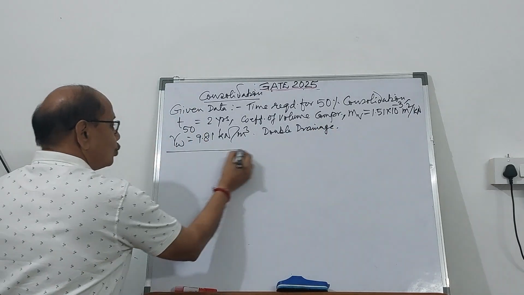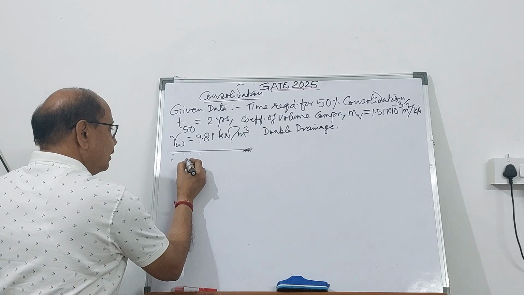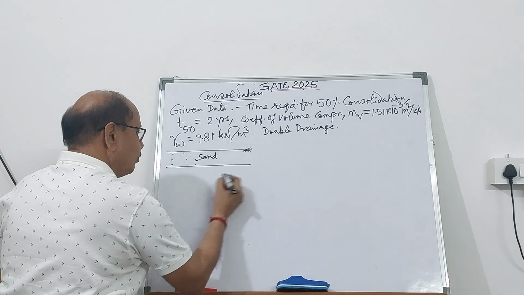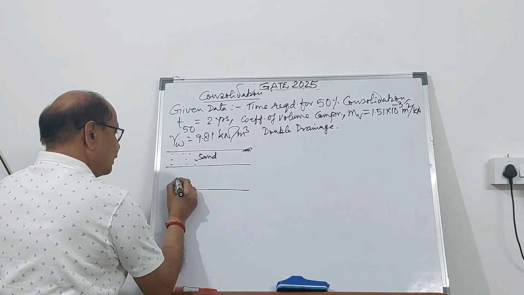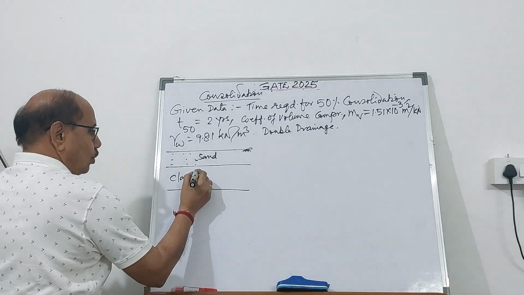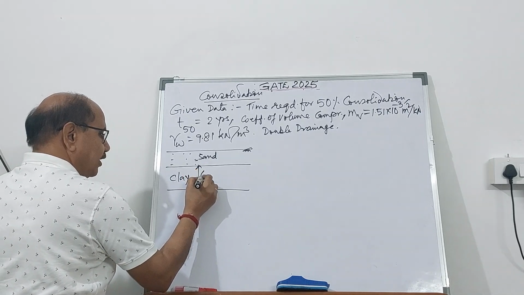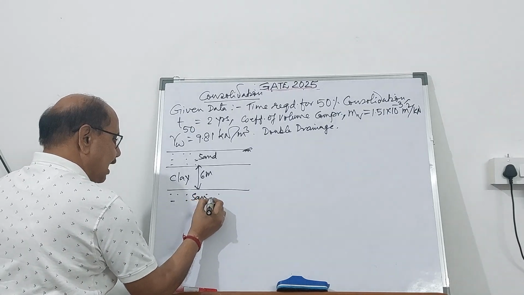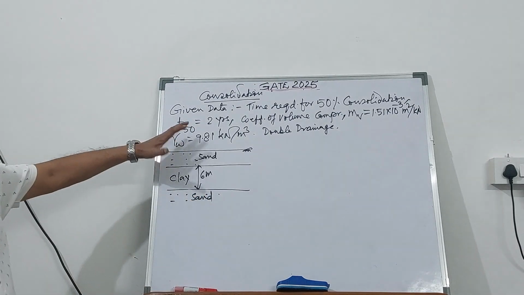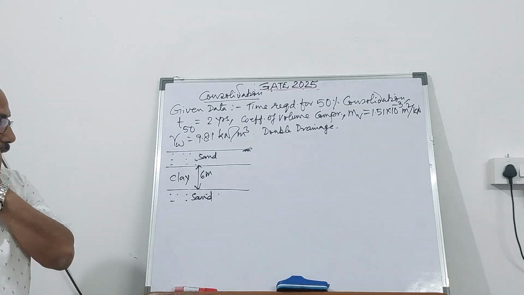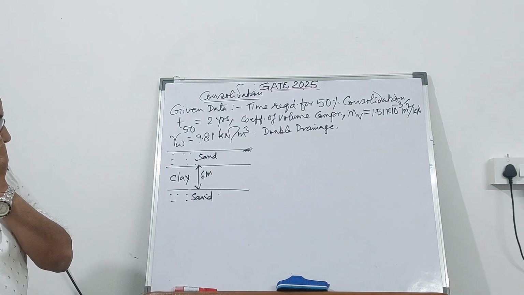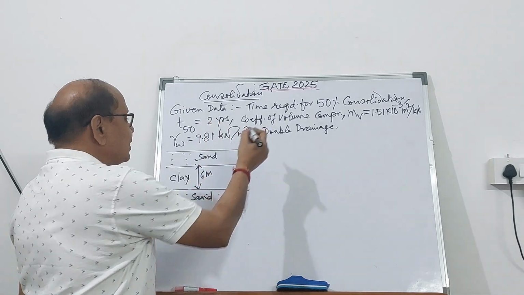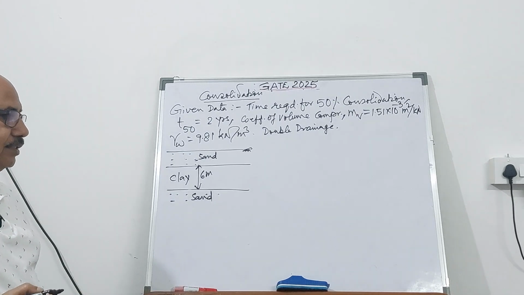You have got the top layer, which is going to be sand. So this is the sand layer, and then you have got a clay layer of 6 meter depth, followed by again a sandy layer. So it is a case of double drainage, and you have to find the value with this given data. The question is